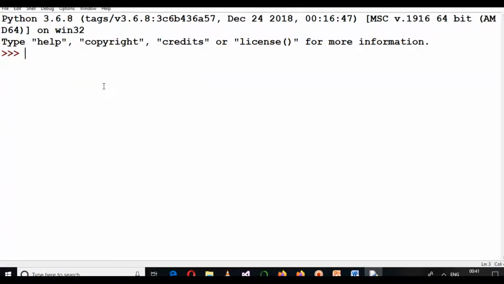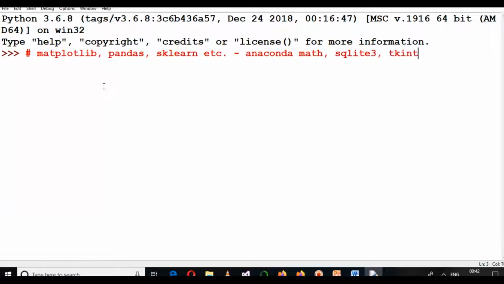access them. For example, when you have installed Anaconda, various libraries like matplotlib, pandas, sklearn, etc. are installed with Anaconda, and obviously these default libraries like math, sqlite3 and tkinter are installed with IDLE.